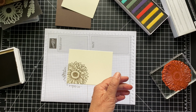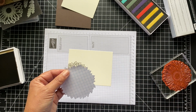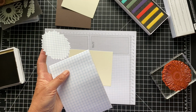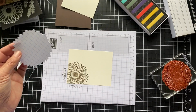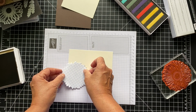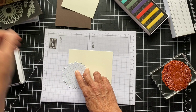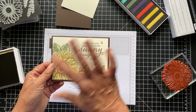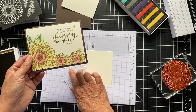So I want to mask this off, and I have a pad of this Post-it note, because this is too big for my normal square size Post-it note. So this would be too big for this. So I found this, and see how you want to line these up. If you pay attention to where you want to line them up, the reason I'm doing this is I want to have some leaves coming out and some other sunflowers, and so they don't overlap. So whatever you want to be forward, you stamp first, and then you mask it off and stamp the other